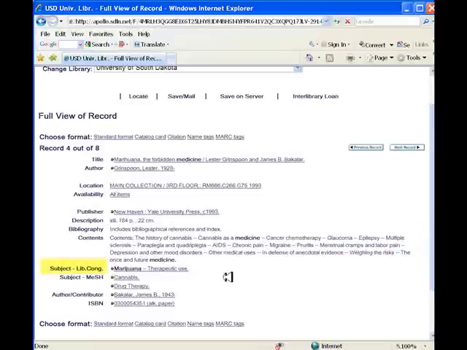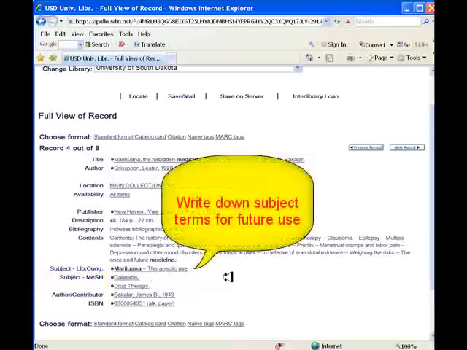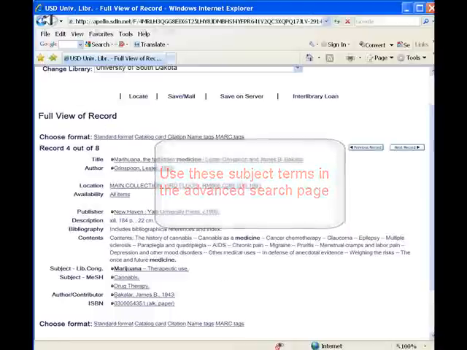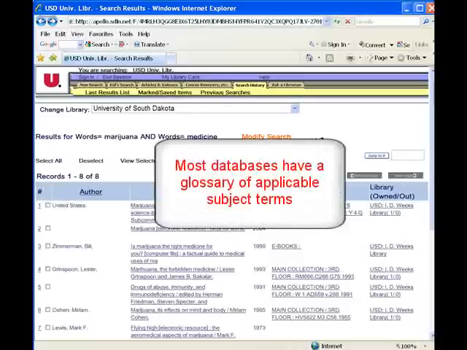Our library catalog uses the Library of Congress subject terms. If the item is medical in nature, one or more medical subject heading terms, called MeSH terms, will also be listed. Write down the subject terms that appear to be relevant to your topic. You will be able to search directly for materials using their subject terms in the advanced search function of the ALEPH catalog database. The second and faster way to identify search terms is to use a thesaurus or glossary of